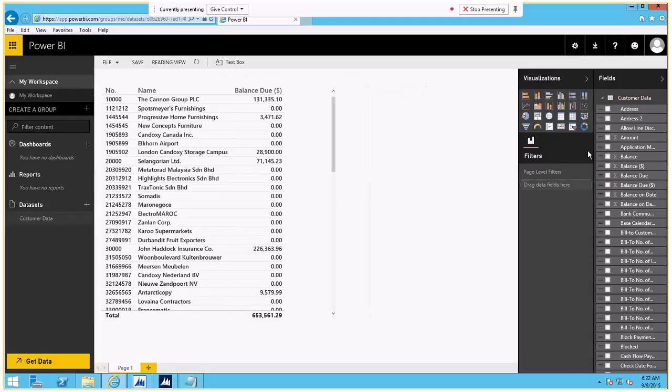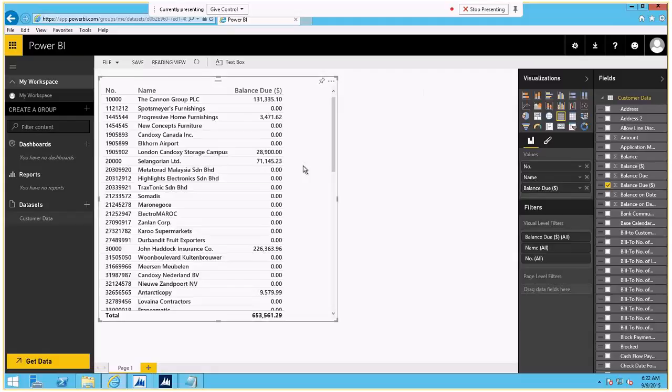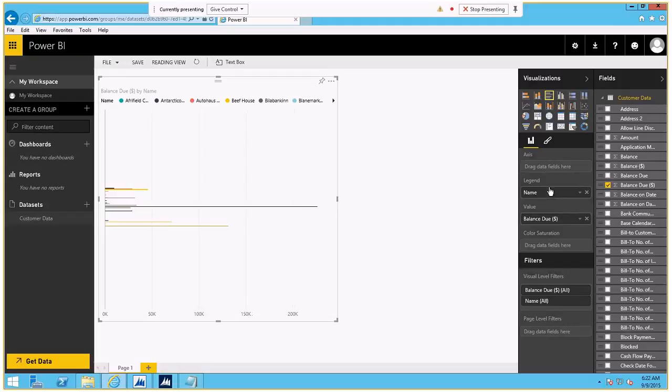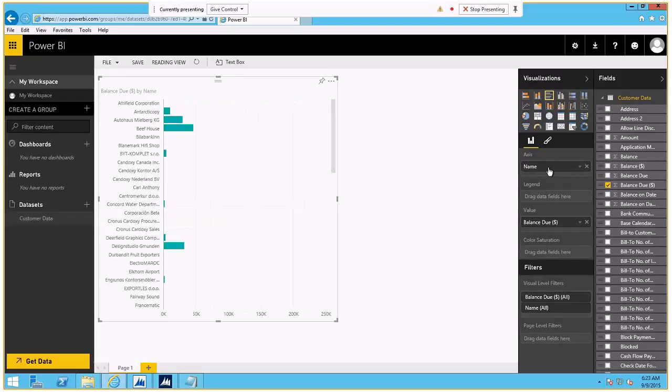Now I want to have a visualization for this particular data. Say for example a simple bar chart or a column chart. So I'll take a bar chart only. Okay, once I do that, I need to see what is in the x-axis, what is in the y-axis, etc. So I am going to remove number. All I want is name, for example. So x-axis, there is name,